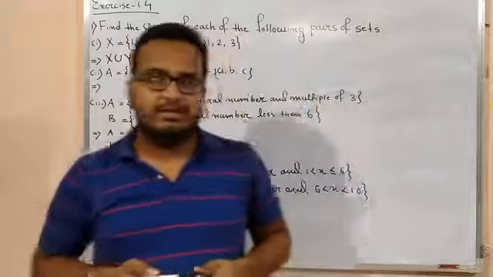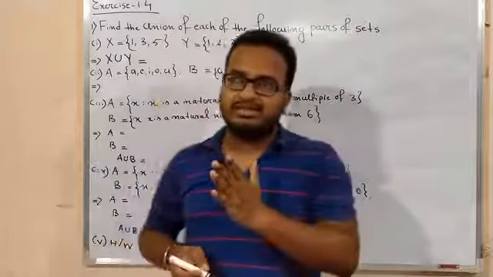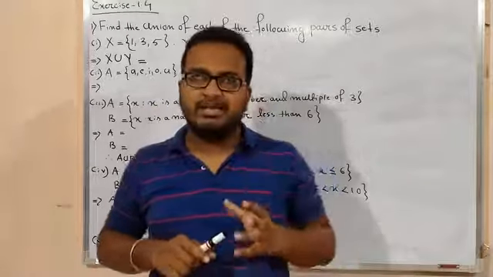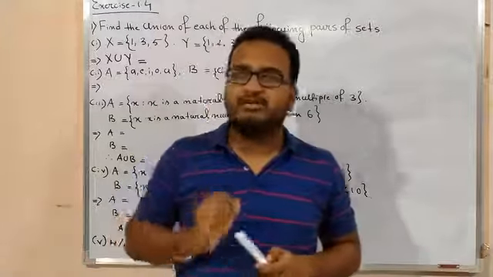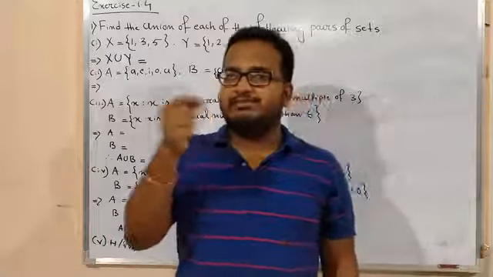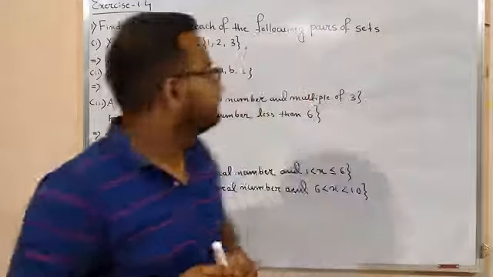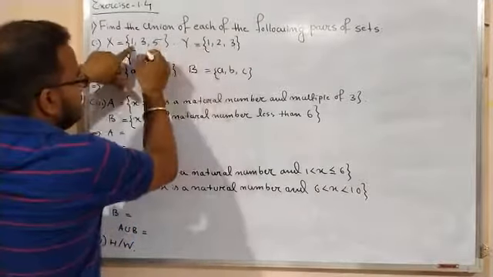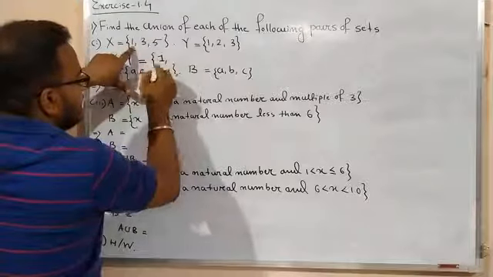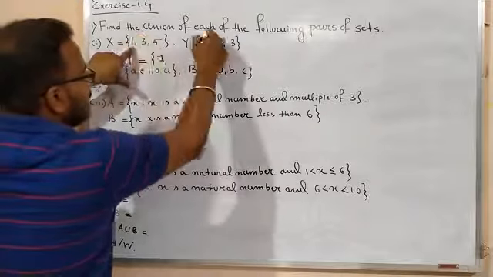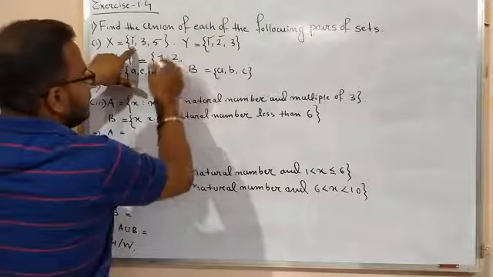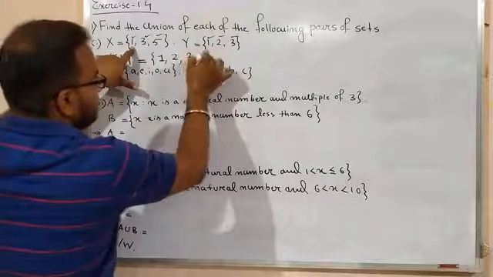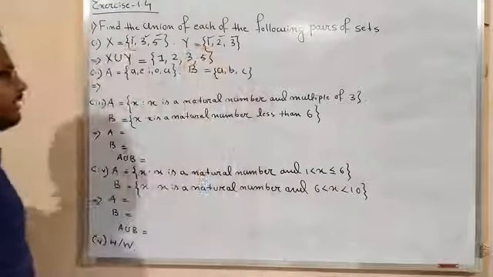It is very easy. That means you have to write all the elements of both the sets, but repetition is not allowed, isn't it? Because in set theory, a set is a collection of well defined distinct objects. So if any element is repeated, then just write it one time. Here you see it will be 1, here also 1, so you just write 1. Then 2 is there, so just write 2. Then 3 is there, just write 3. Then 3 is also there, and 5. So this is X union Y.